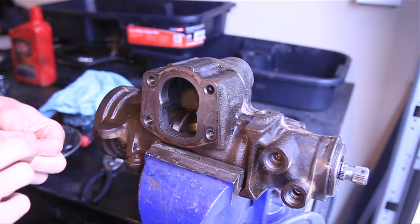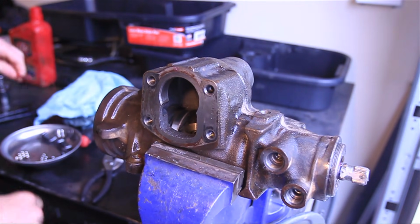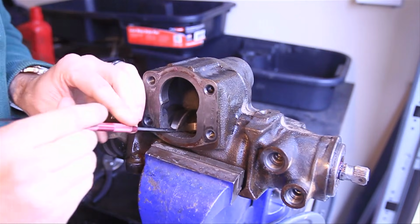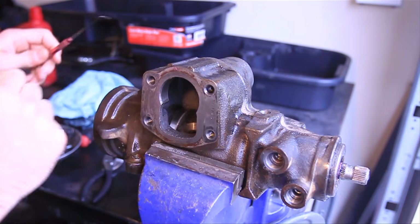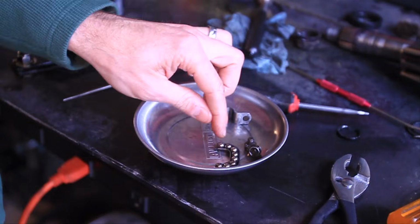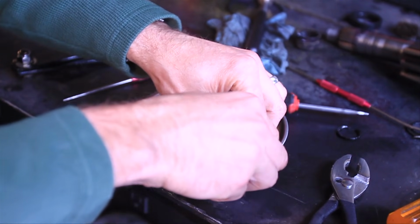Turning the input shaft actually sucks the ball bearings in onto the worm gear. And then I just use the pick to take up any clearance. So I've got all the ball bearings put back on the worm gear. When you get down to the last 8, we'll go ahead and fill this tray back in, and we'll put the top and bottom very carefully